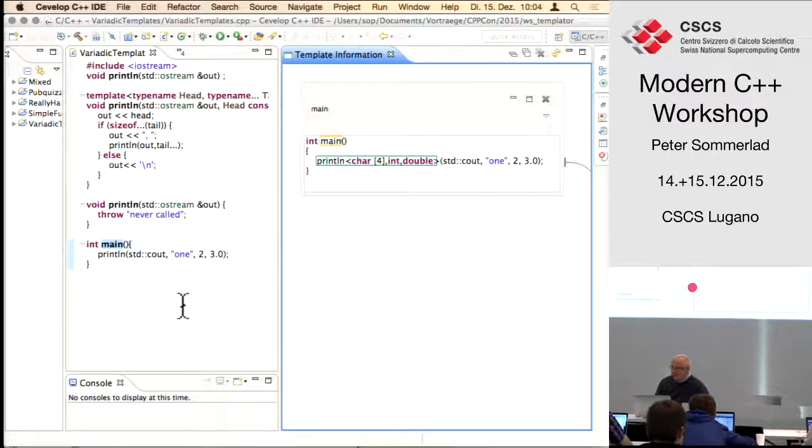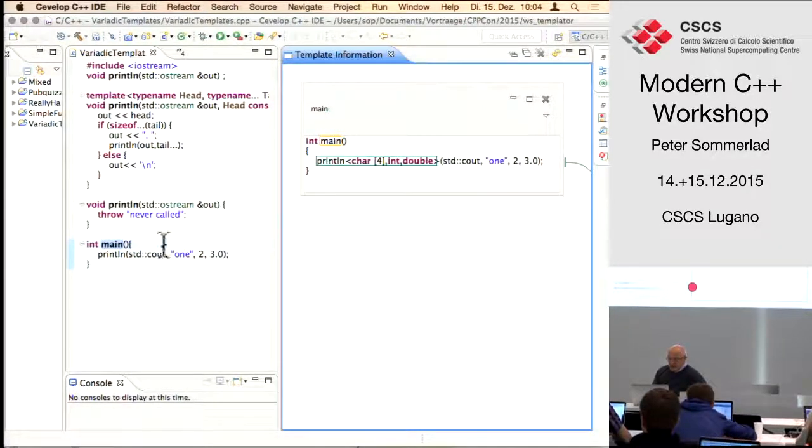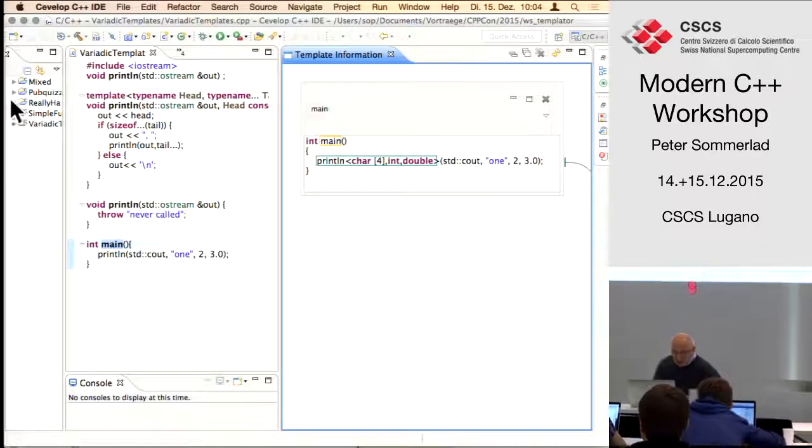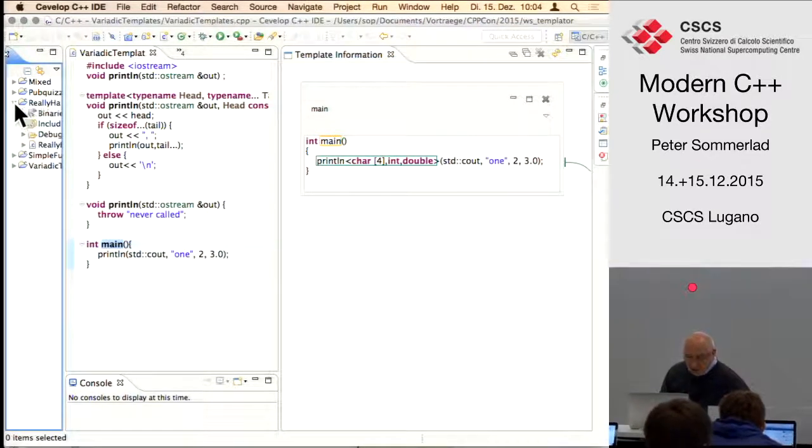So one question: sometimes it's difficult when you have several partial specializations to find which one is actually instantiated. Is my goal doing something to show that in the templater? Let's see.